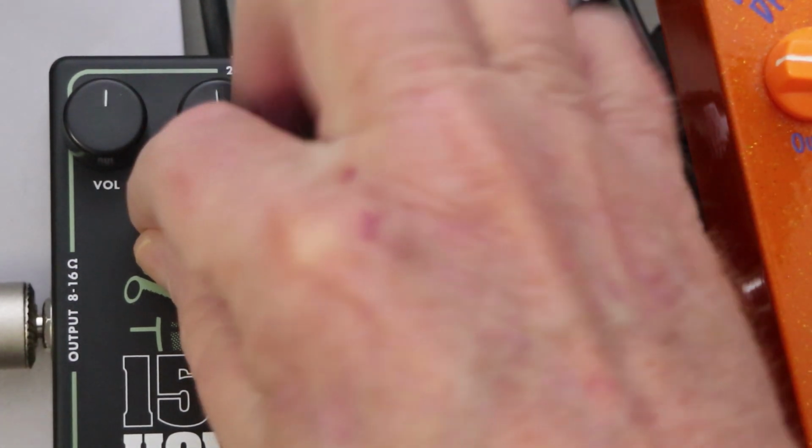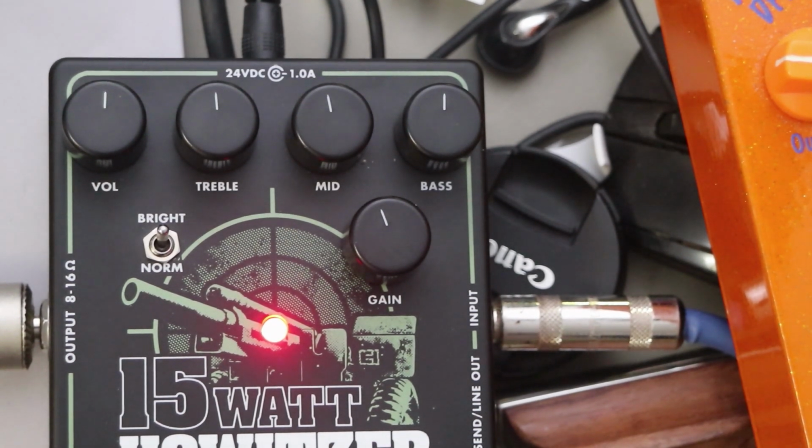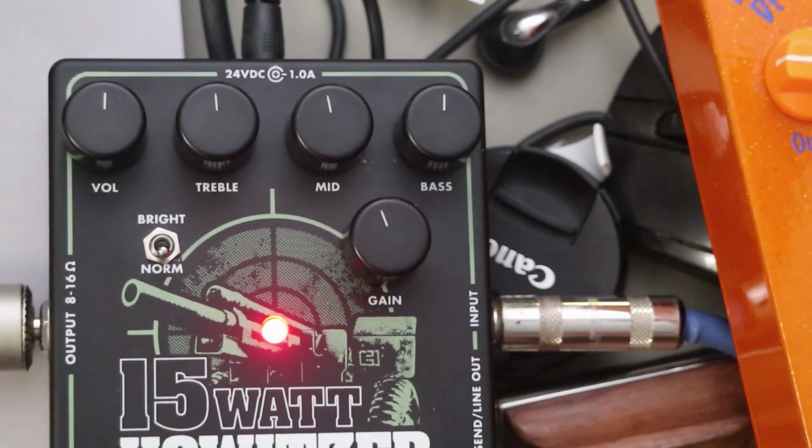Ooh, I'm out of tune already. There's the bright mode. And there's the normal mode. So, not a lot of difference. I like the normal, the bright. Yeah, bright's okay. It's a little bright. Almost in tune, not quite, but...